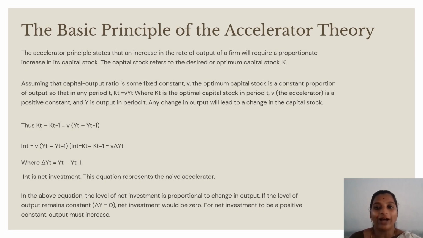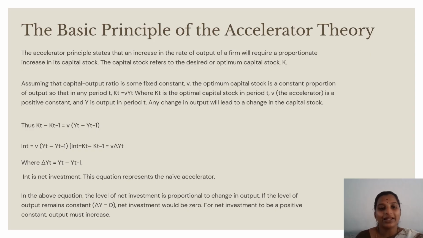The principle of accelerator theory. The accelerator principle states that an increase in the rate of output of a firm will require a proportionate increase in its capital stock. The capital stock refers to the desired or optimal capital stock K. Assuming that the capital output ratio is some fixed constant V, the optimum capital stock is a constant proportion of output, so